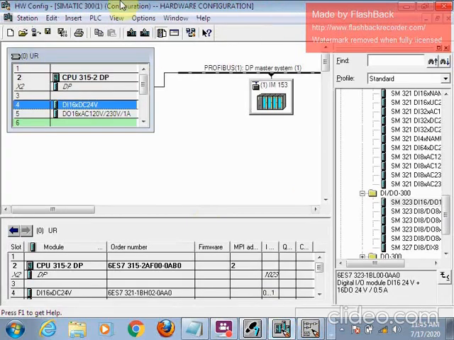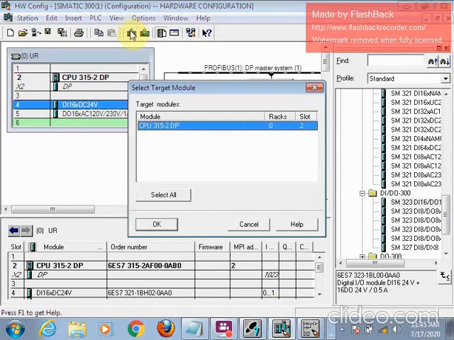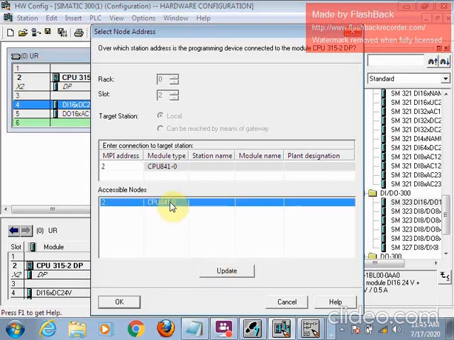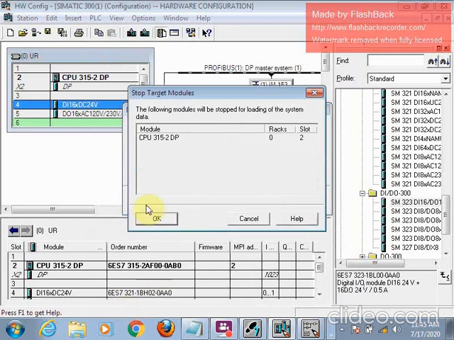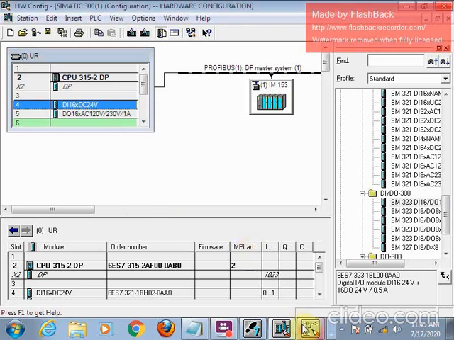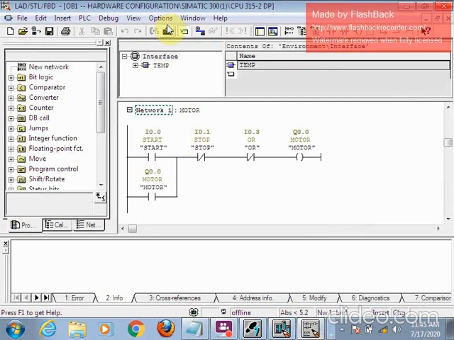Now we will first download our hardware configuration. The CPU is shown here. Now click OK. See, my hardware configuration has been successfully downloaded. Now I will download my logic, which I have prepared in OB1.